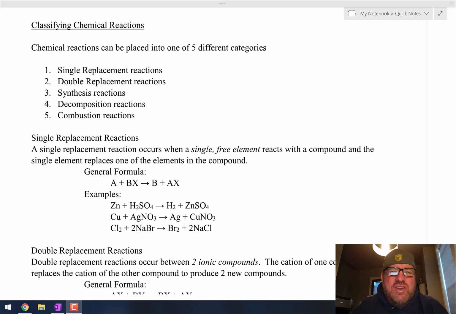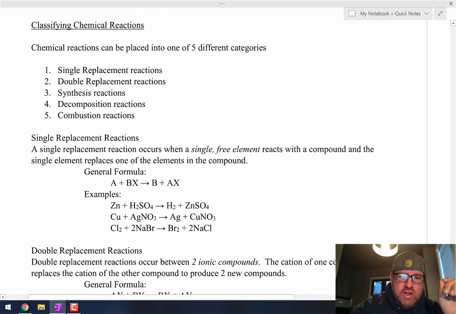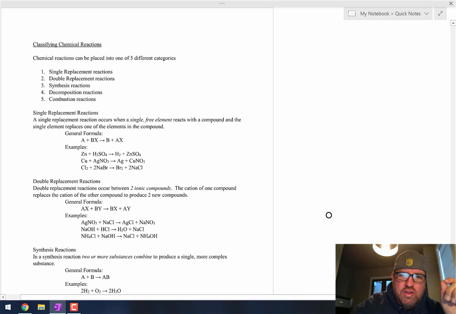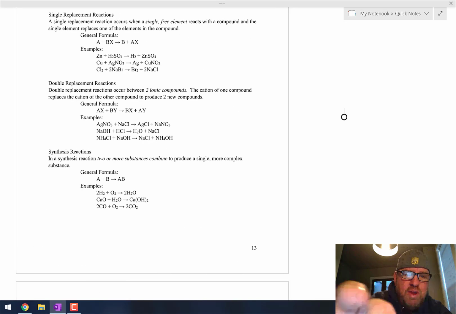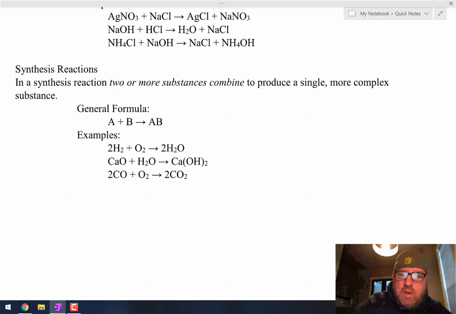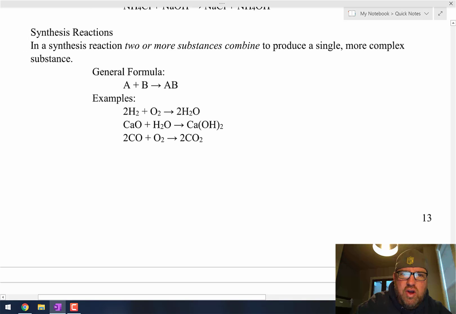When a chemical reaction happens, typically that reaction is going to fall into one of five different categories. So there's five different reactions that we need to be able to look at and say, oh, it's this type of reaction. So I want to start with a couple of the easier ones, and then we'll come back to these ones here. So if we come down here towards the bottom of page 13 in your notes,